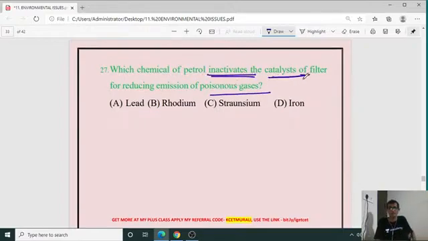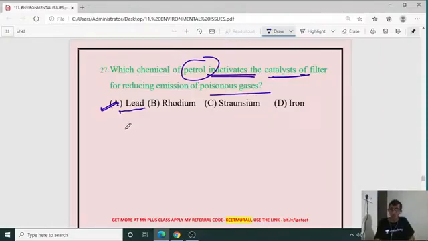Inactivation of the catalyst is caused by the content observed in the petrol or in the gas, in the case of fossil fuel. So for question 27, the answer is A, lead. Because of this reason, unleaded petrol is being utilized in recent years. The government suggested using unleaded petrol and made stringent measures to sell only unleaded petrol